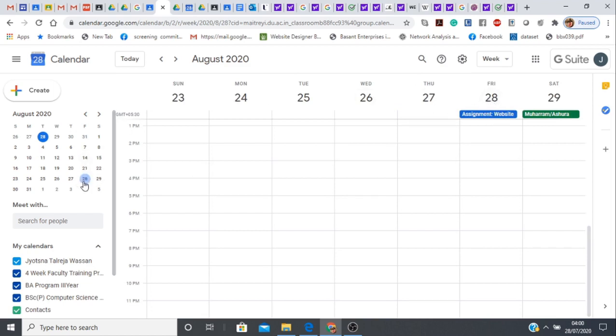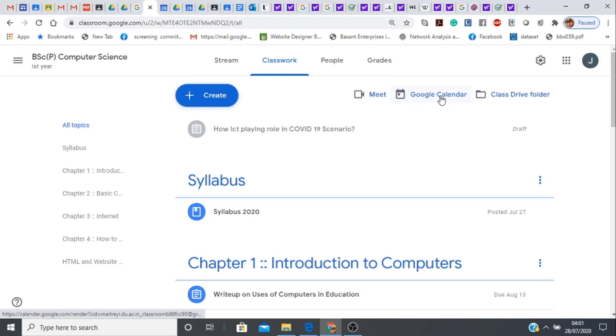So if we are conducting some assignments and quizzes and we are scheduling them, all those schedules are also visible in the Google Calendar. It's instant that we go to Google Classroom, open the calendar and see, okay, there is an assignment due or there is a quiz due to be marked or graded. So these are 3 useful functionalities that have been added in classwork of Google Classroom.